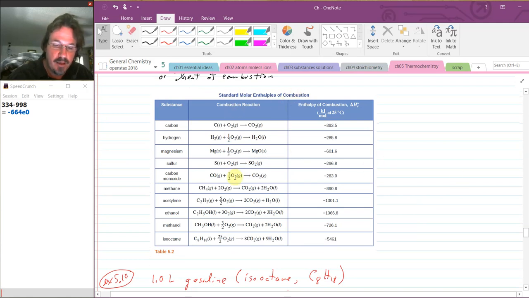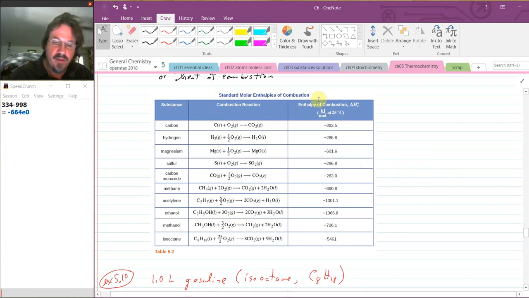Alright, so hey, look at all my reactions. Yep, they're combustion reactions. Taking something, combining it with oxygen to get a product. Almost always, I don't know if there's any exception to it, a combustion reaction will be exothermic, so it's going to release heat. And if you look at my delta H's, they're all negative because they are losing that heat. They are producing it, and that energy is flowing out of them.